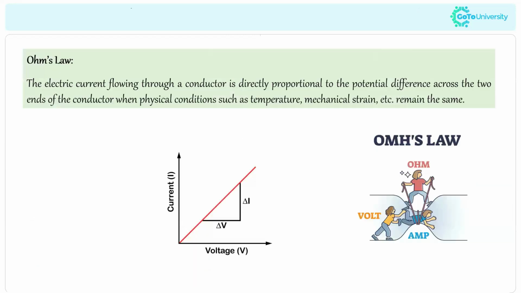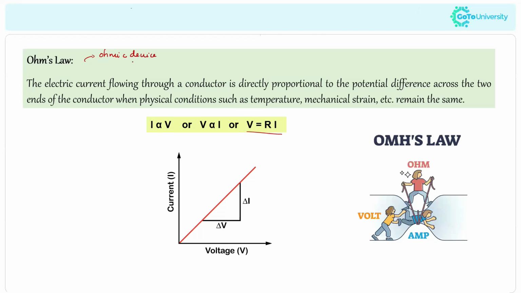Now we are moving to Ohm's law, which is very important in the current electricity lesson, because Ohm's law is fundamental for all the current related questions on the topic. Here, the electric current flowing through the conductor is directly proportional to the potential difference, and as an equation we can say V is equal to IR. This is the law derived by Ohm. The devices which obey Ohm's law are called ohmic devices.